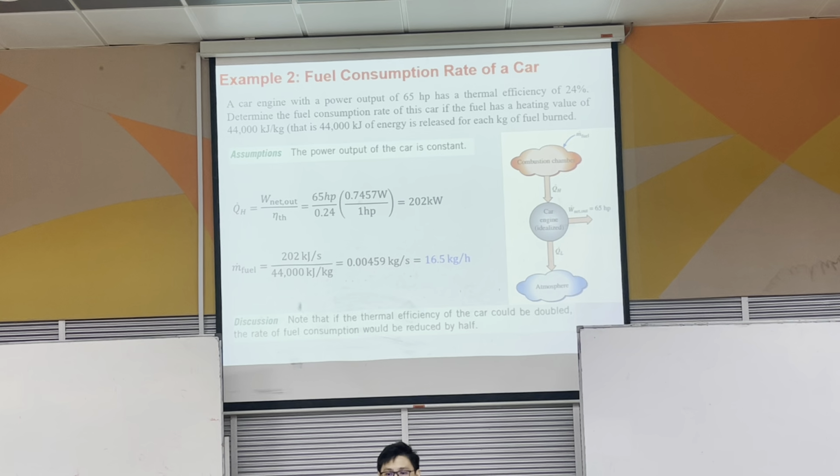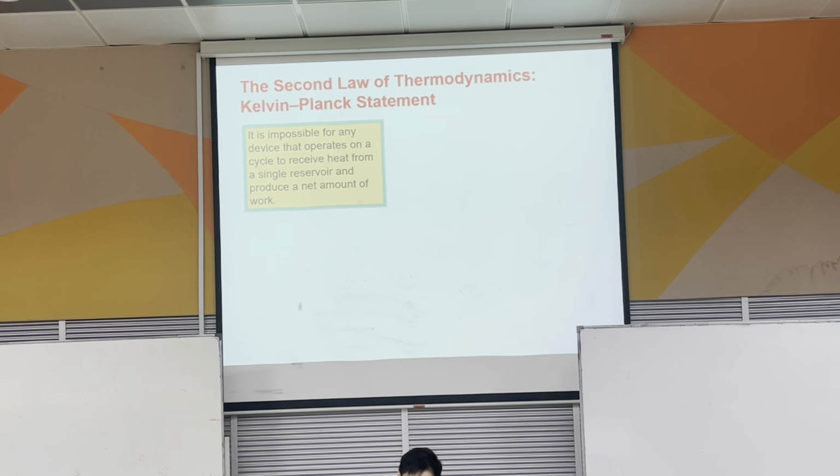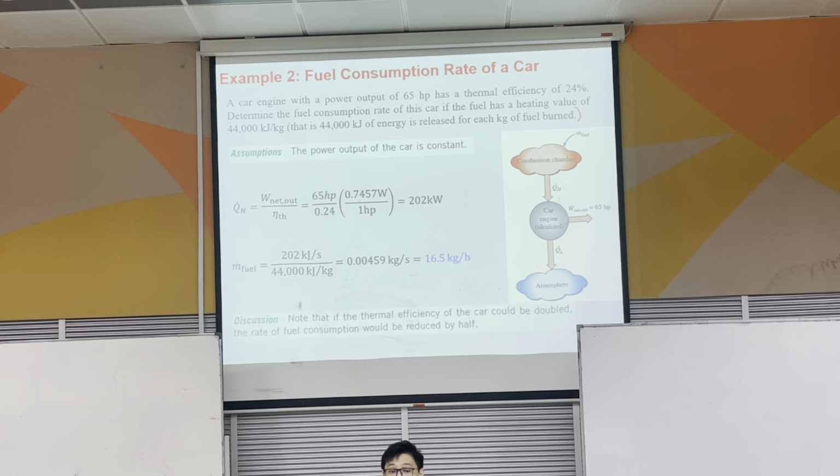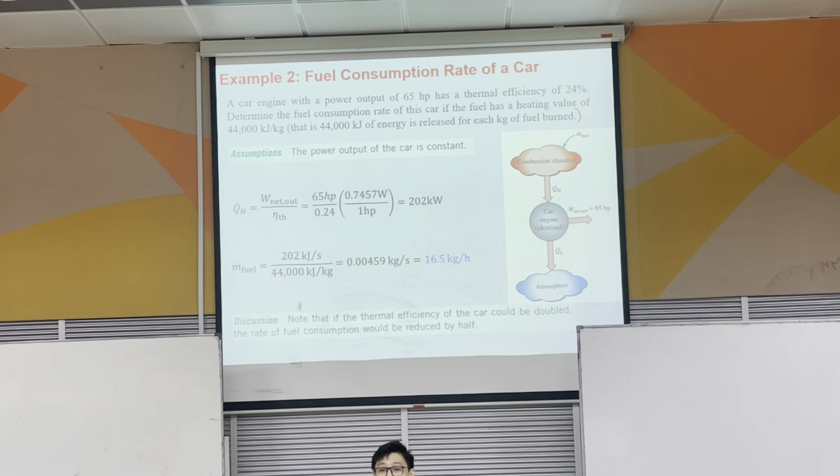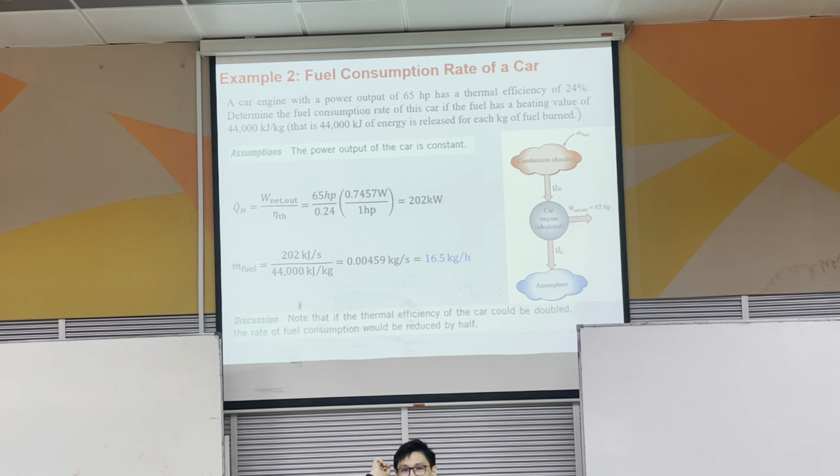So heating value of a fuel is essentially how much heat it will release when you burn it. That is the definition there. That is 44,000 kJ of energy is released for each kg of fuel burned. Maybe since we are here, I talk a bit about this also. Sometimes in exam, you will see some example like this, maybe in some past year papers, but I can't remember when, maybe a long time ago, maybe recently. Sometimes I give you something like this where you might not understand what the term means. So I will put a bracket there and explain, so you need to understand what I'm trying to explain here. Because sometimes it's just some additional thing like this. So like in this case,